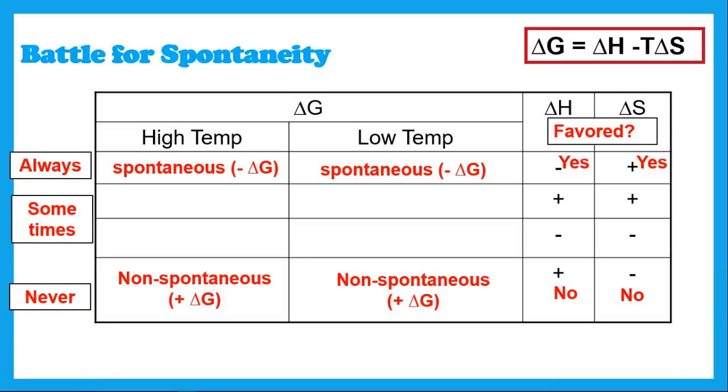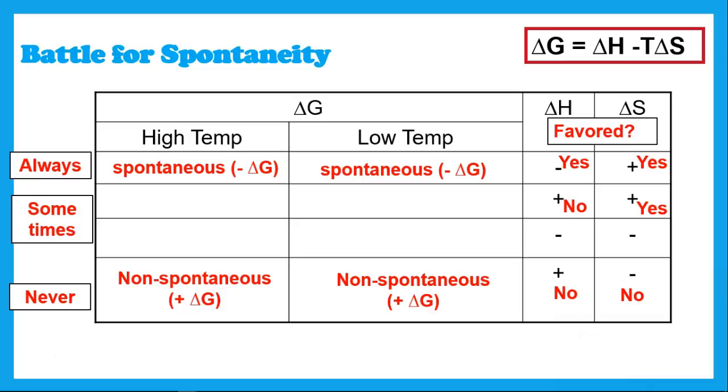All right. These two in the middle, we'll say, are sometimes spontaneous. Why? Because one is going to say yes and the other is going to say no. So let's see which is going to happen first. Positive delta H means that it is endothermic and that is not favored by the universe, because you have to put in some work to heat it up. And then an increase in entropy is saying yes, it's naturally going to become disorganized. Okay, so no and yes.